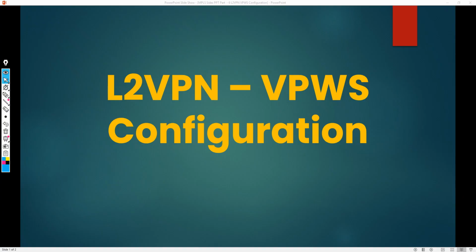The CE is the customer's domain, but the provider edge and the provider devices are managed by you as a network engineer working in the service provider network or environment. And lastly, you should be able to confirm that the customer facing interfaces are ready, meaning you've configured the customer's side with the IP address, and for the side of the PE, there's no IP address, by the way. And one thing I forgot to mention is that for VPWS,